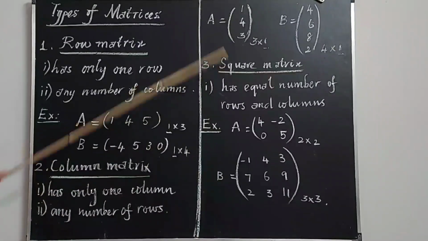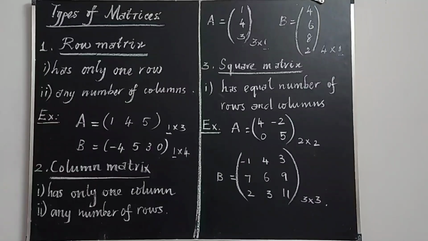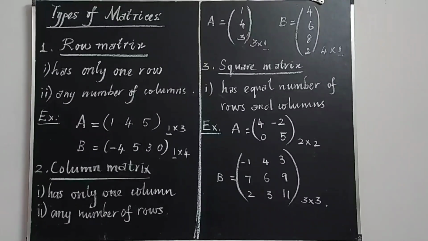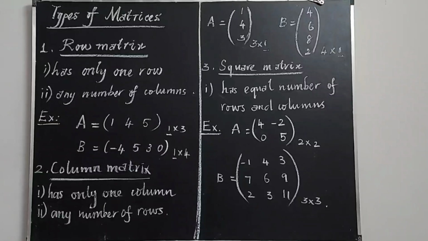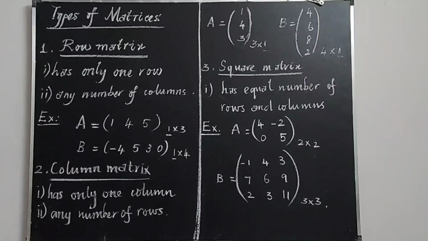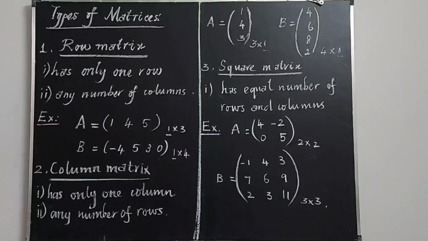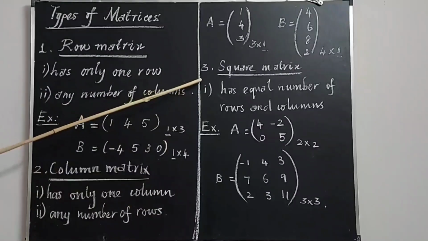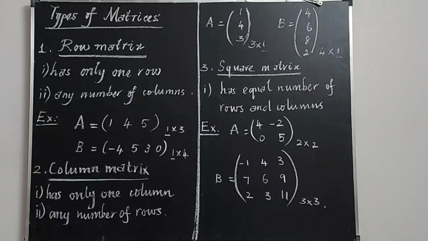Now look at the square matrix. You know what a square is? In a square all the 4 sides are equal. A matrix is a rectangular array of numbers, as we have seen in the definition. But when you look at the square matrix, since it has an equal number of rows and columns, it roughly forms a square in shape. Therefore, it is known as a square matrix. So, what's a square matrix? A matrix which is square in shape is known as a square matrix.